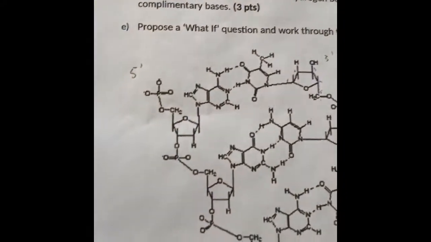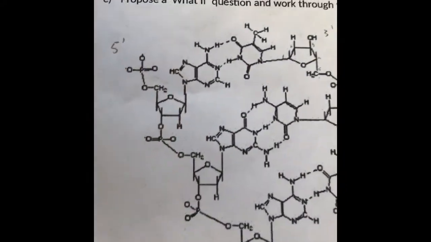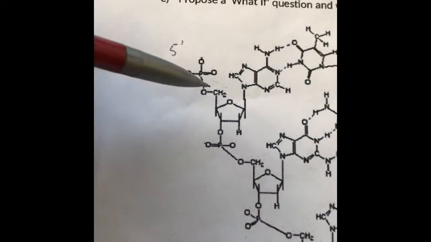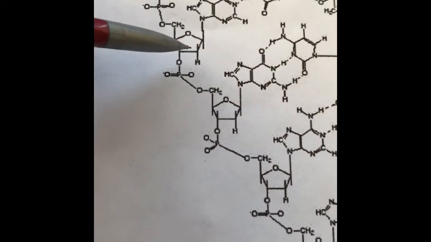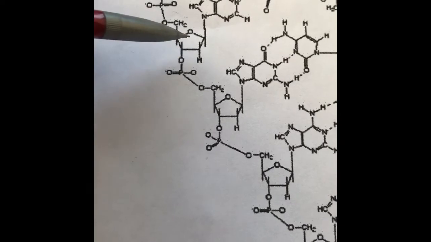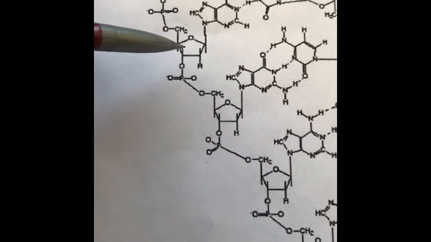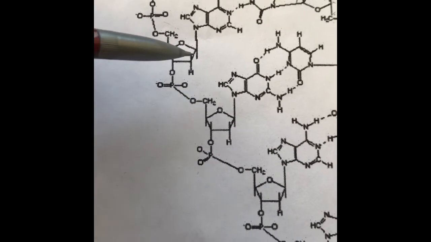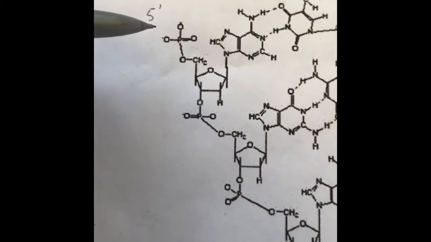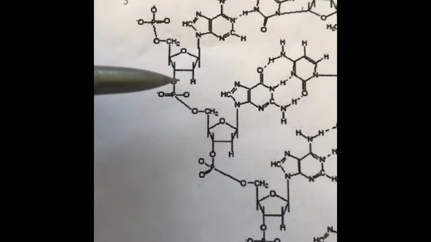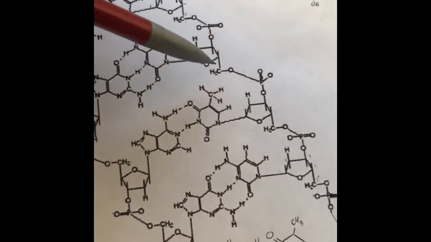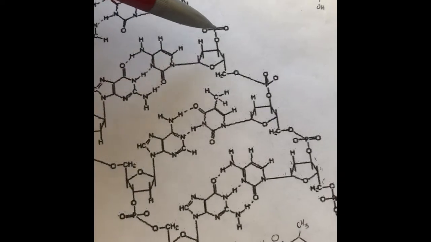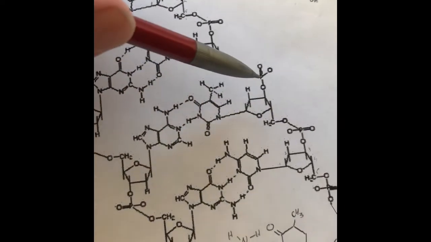So first we're going to see that we have a nice little phosphate sugar backbone over here. And you can see the sugar over here. It's like a cyclopentane with oxygen in there. I don't really know the exact organic chemistry terminology for that, but yeah, we have an alternating phosphate and sugar backbone on this side, and we have one on this side. So you can see the sugar, phosphate group, sugar, phosphate,